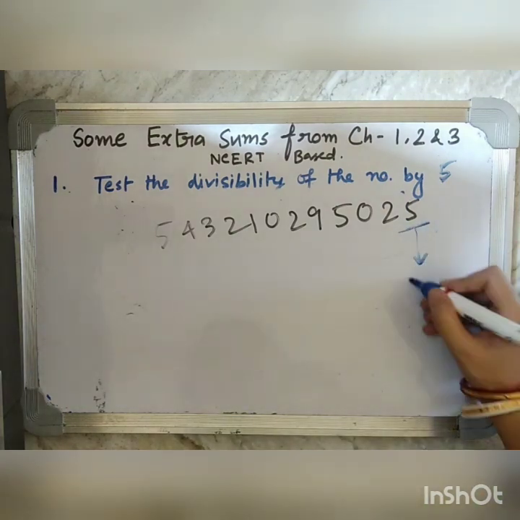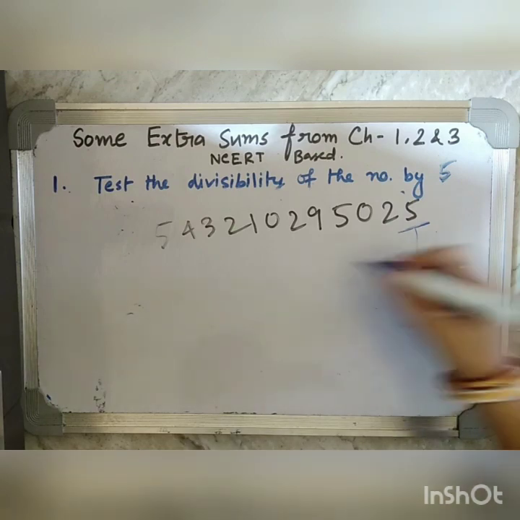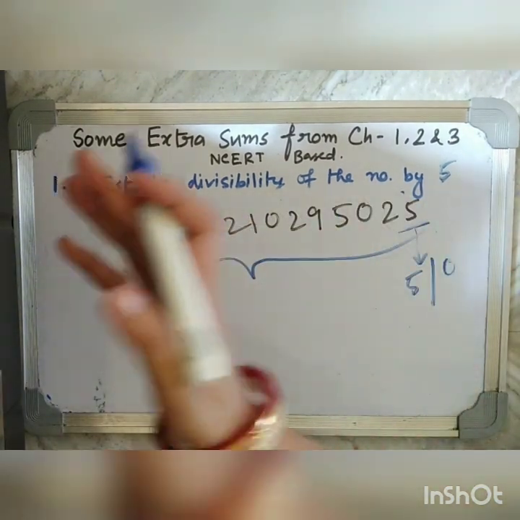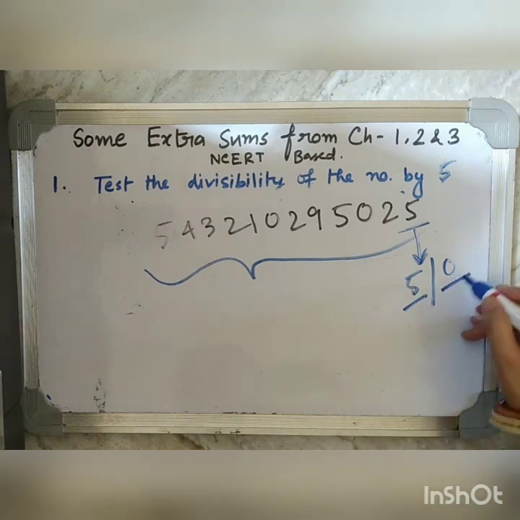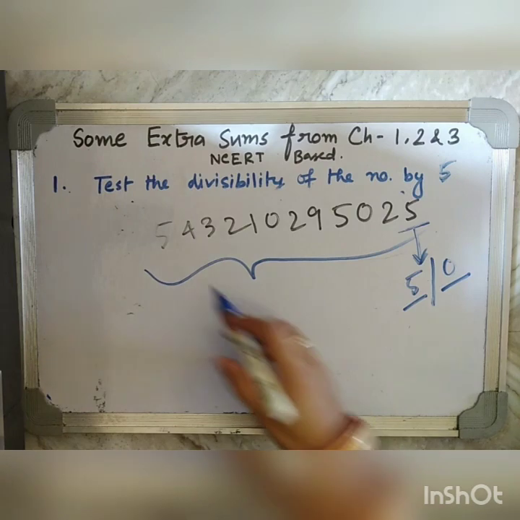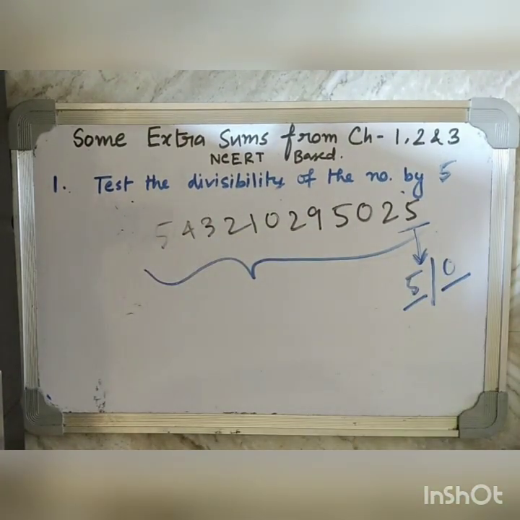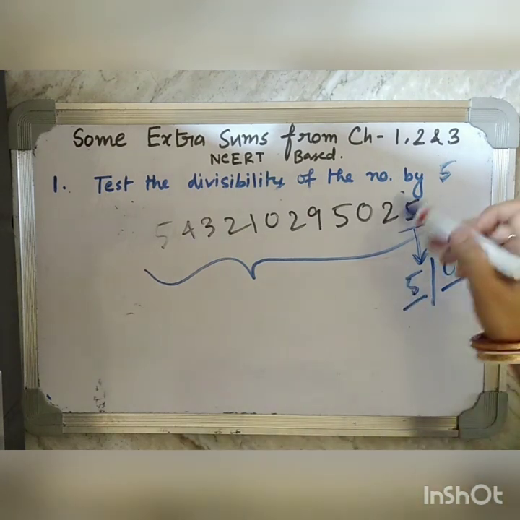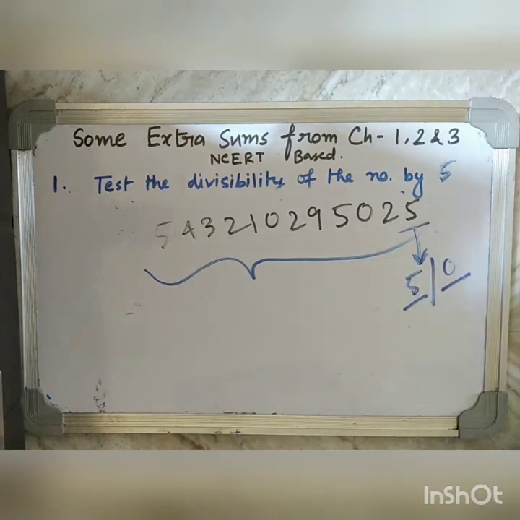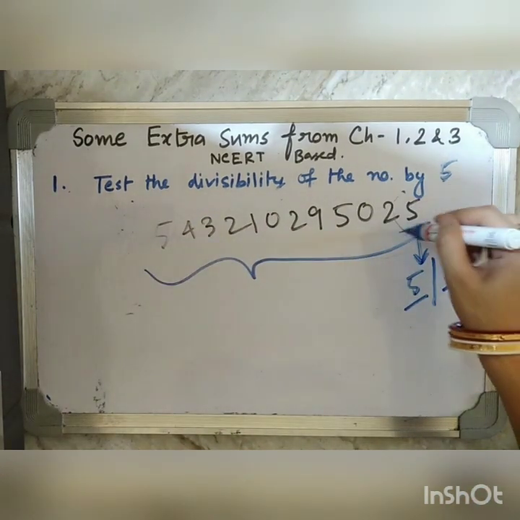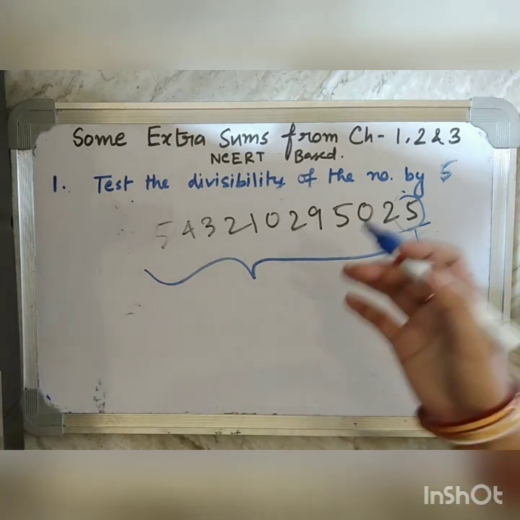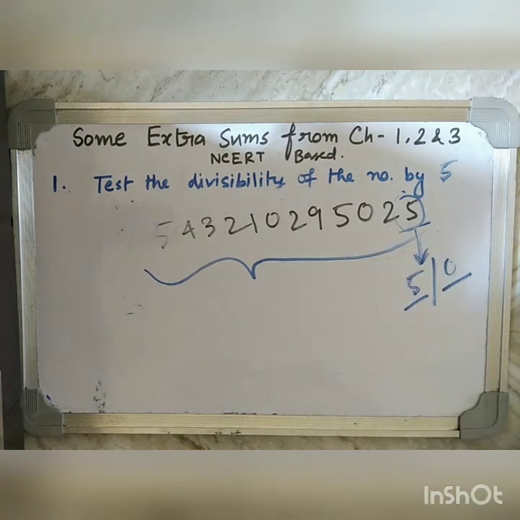If it is 5 or 0, then the number, however big the number can be, that will not be a matter. First, you have to check the unit place digit. If it is 5 or 0 itself, then only we can say that the whole number will be divisible by 5. But if there remains in the unit place other than 5 and 0, these two digits, then we can't say that the number will be divisible by 5. Here we can see the number which is placed in unit place is already 5. Then we can easily say that the given number is divisible by 5. Okay.